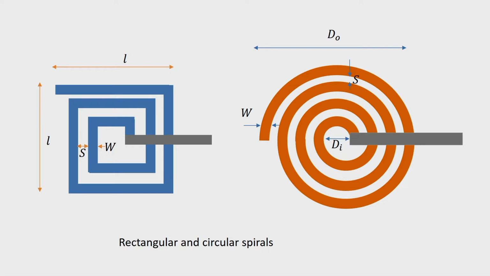and design of this type of inductors depends on determining the width, then the length, then the spacing between the individual spiral arms, or determining the diameter, again the spacing, and both analytical and numerical computations are done for finding out the dimensions of these spiral inductors for realizing specific values of inductances.